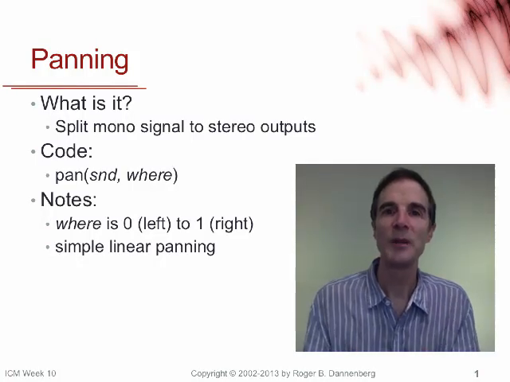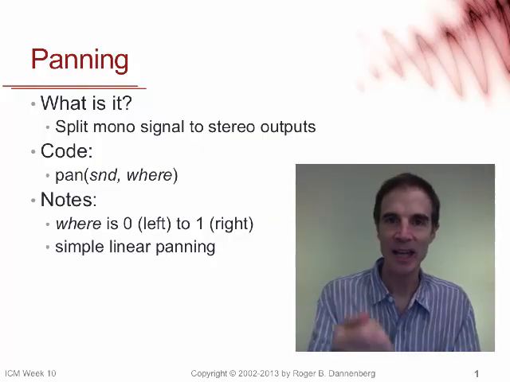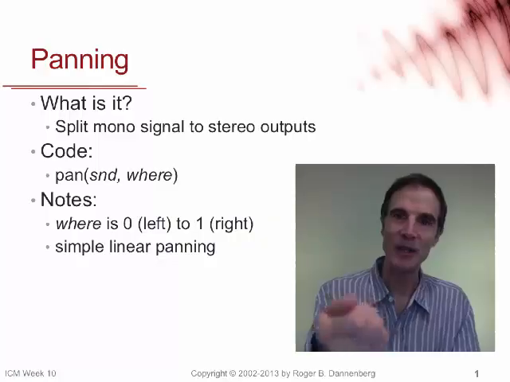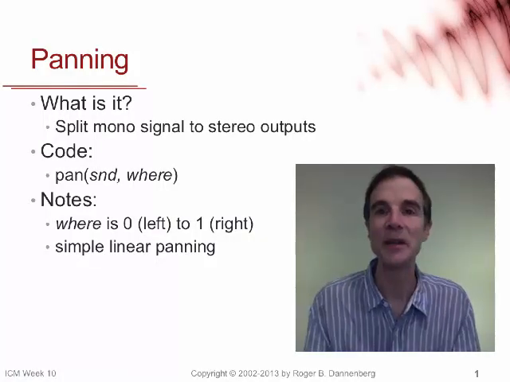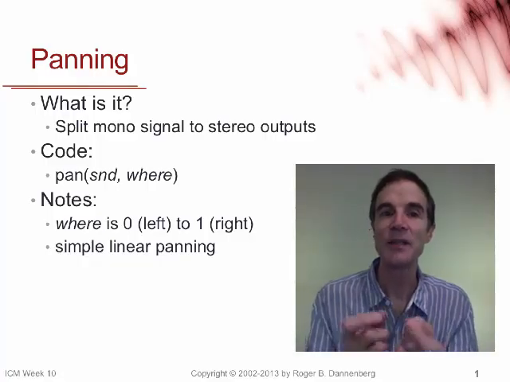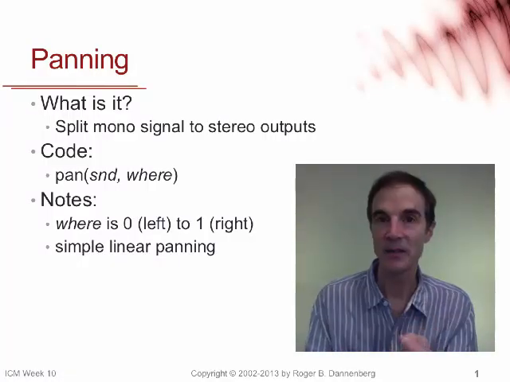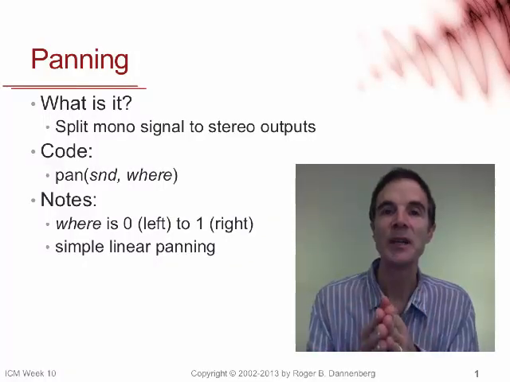You have probably operated a pan control a million times. Every stereo amplifier that I've ever seen has a pan control where you can adjust the signal more to the left speaker or to the right speaker. That's panning. In Nyquist, panning splits a monophonic signal, a single channel, into two channels, a stereo signal, which in